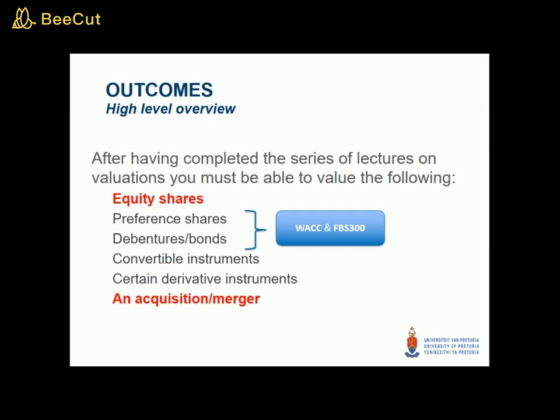Now, these same principles that we use to determine a rate were also used to determine a value. So you'll recall when we looked at these weighted average cost of capital examples, either we gave you the market rate, and then you would use that and back solve to determine the fair value or the market value of that instrument for the purposes of your debt equity split. Now, when we did that debt equity split and we determined that market value, that is the same as performing a valuation on those particular instruments. So the principles remain the same, nothing new.